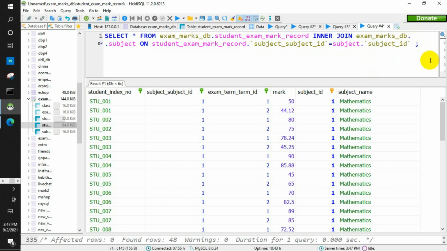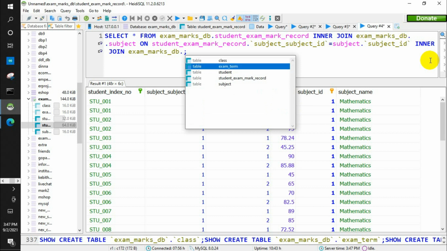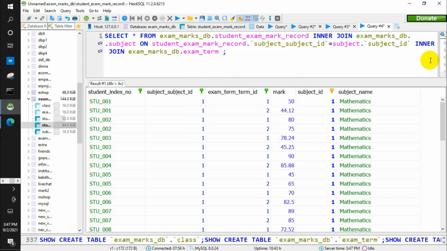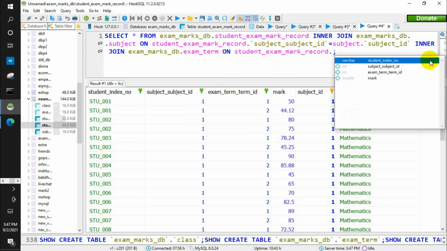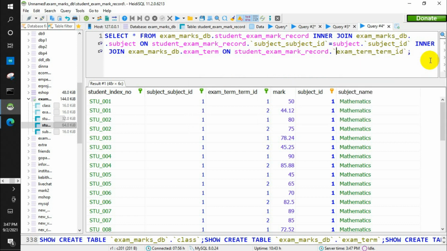Next, I am going to inner join the exam term table, exam_marks_db, the database, the exam term table on the condition that the exam term ID of the marks table should be equal to the term ID of the exam term table.